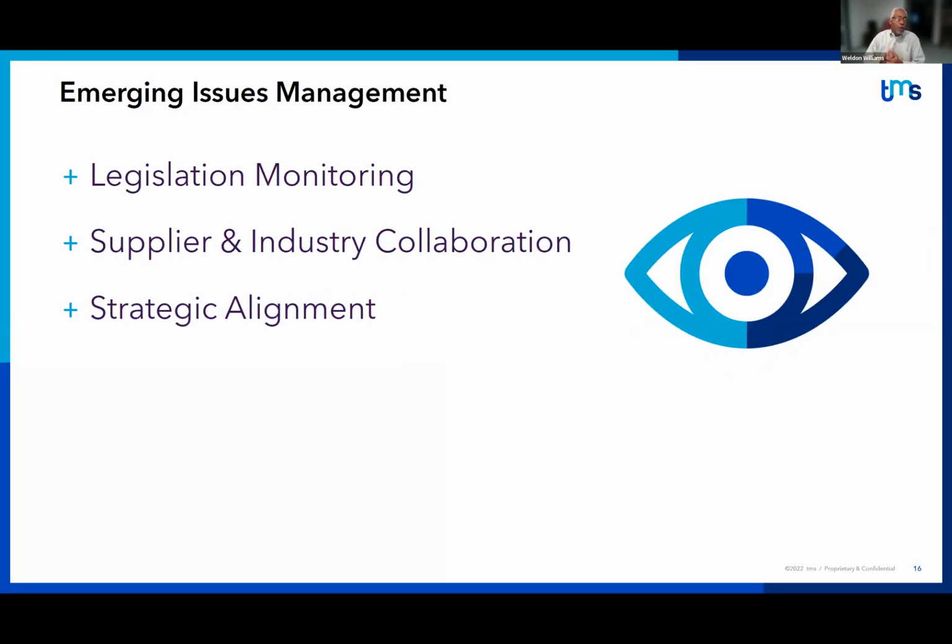Now, the final thing that we're doing, and which I believe is the most strategic, is what we call the Emerging Issues Management Program. We call it AIM, and AIM stands for Anticipatory Issues Management. Basically, it provides a vehicle for us to monitor legislation, as well as monitor the activity of NGOs and various other folks who are influencing the pending legislation. We collaborate with industry as well as suppliers,